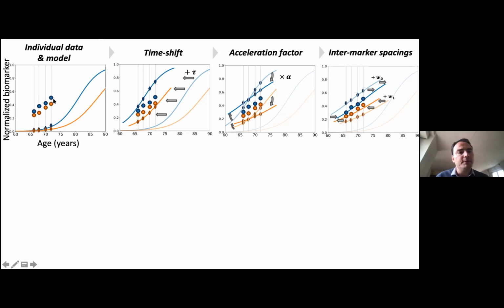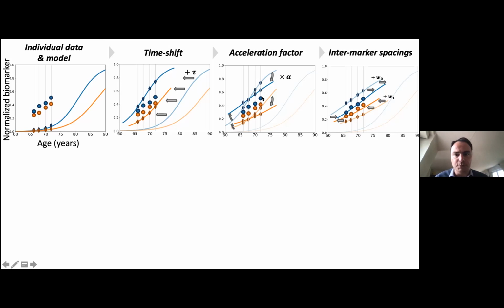And so we need to compare the measurement of the subject with what the model predicts. And we see that here the model does not fit the data of this individual, and this for different reasons. One reason is that this individual clearly has already started the progression of the disease, if these are disease biomarkers. So the onset of the disease is earlier for the patient than it is for the model. So we need to translate the curve on the left-hand side to account for the fact that the subject has an earlier onset than the typical scenario. What you can see is that the curves grow faster than what we observed in the data of the individual. So we could account for a different pace of progression by changing the slope, if you wish, of these curves